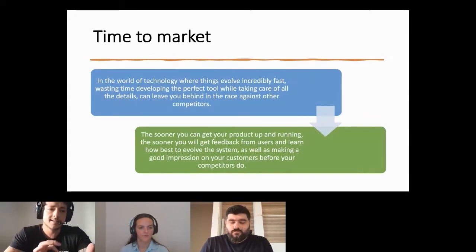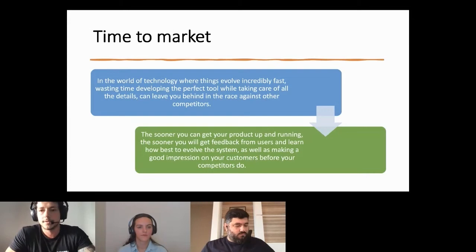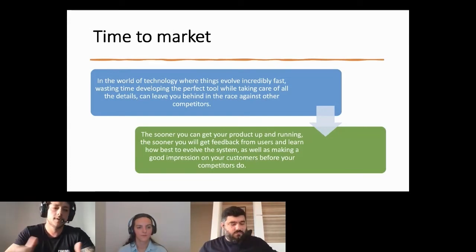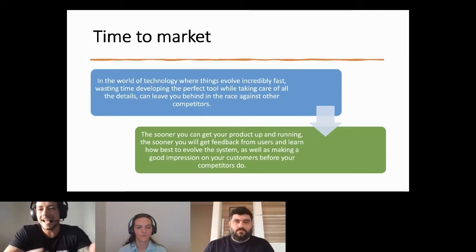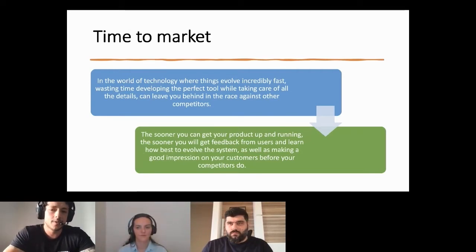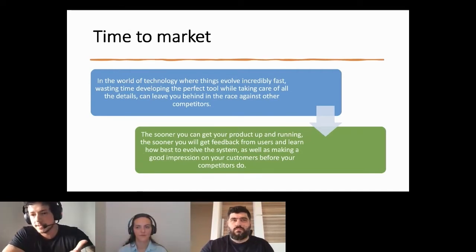But as an MVP, I want real value. I want to sell some real product to my customers, so I have to take care. I can't put something in the market, something in production, that will not bring value to my customer as an MVP.